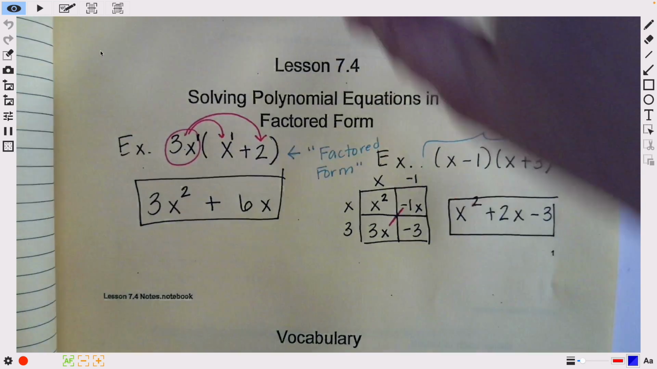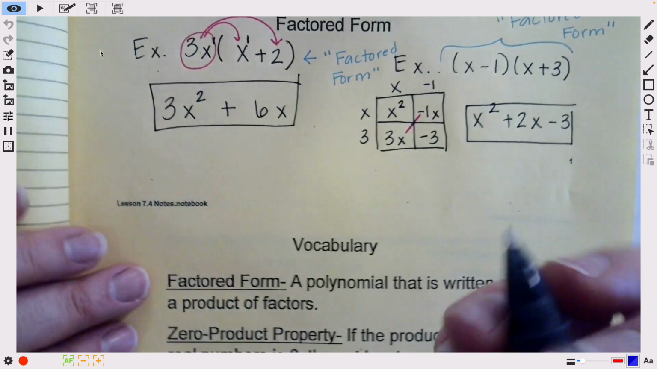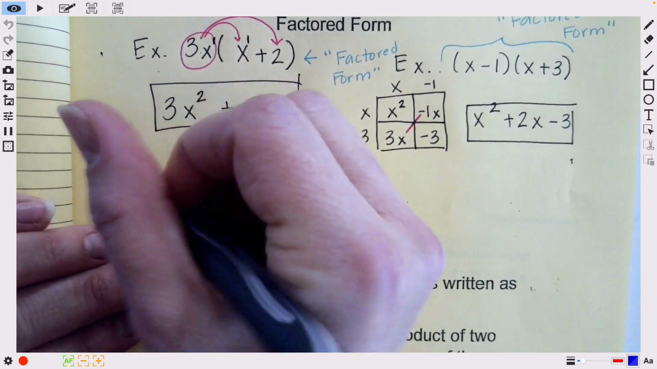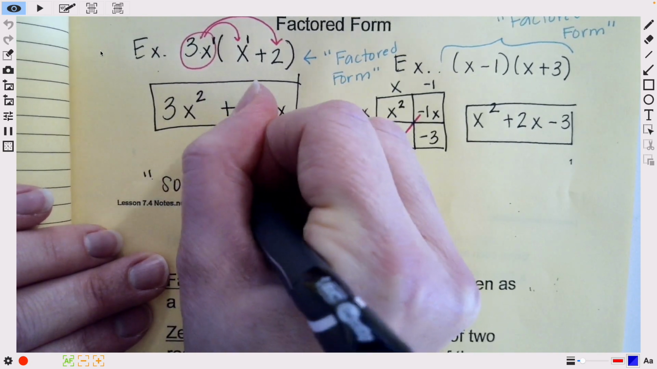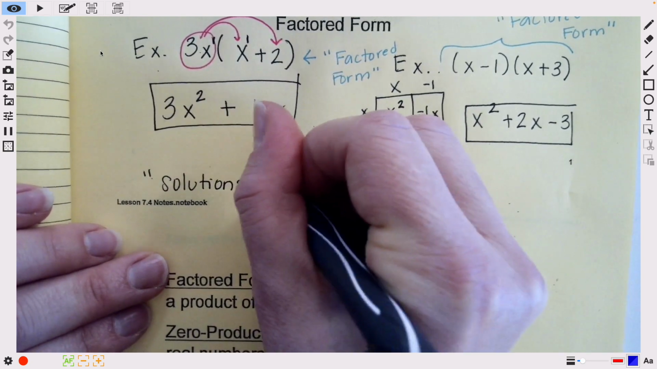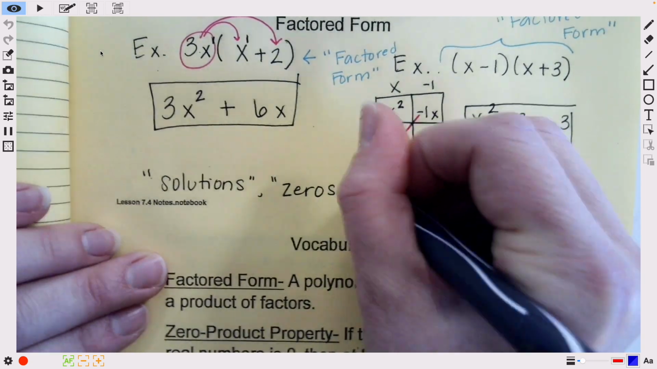Before we get there, I also want us to write down, because this might come up, just some vocabulary. So solutions, zeros,